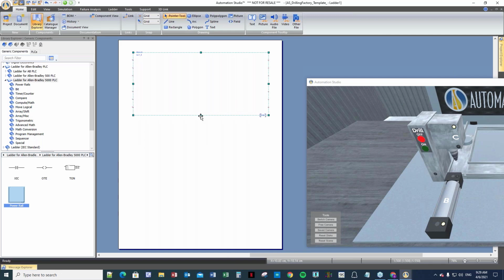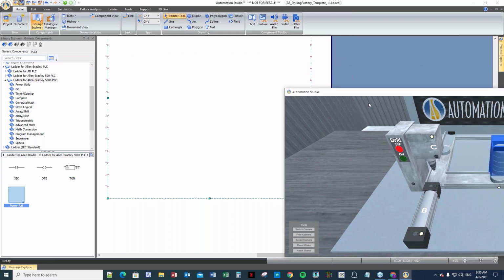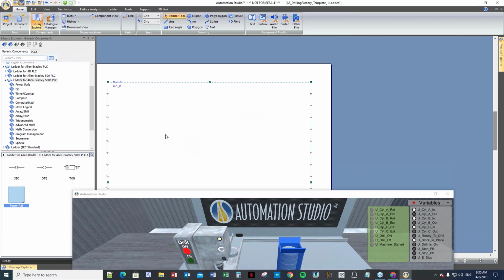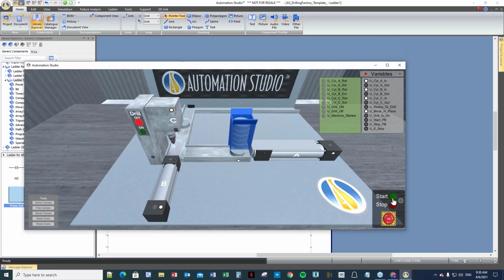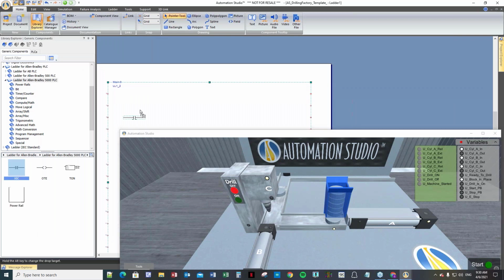Then I'm going to zoom a little bit. Excuse me, my mouse is a bit sluggish. So here, we're going to use the start button, the start push button. First thing, I'm going to bring an instruction here,